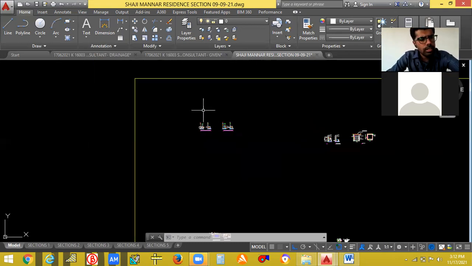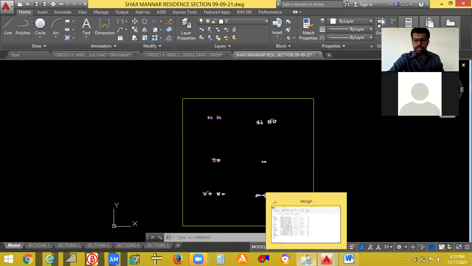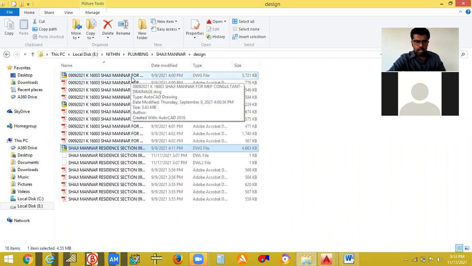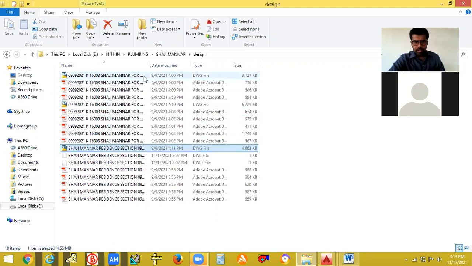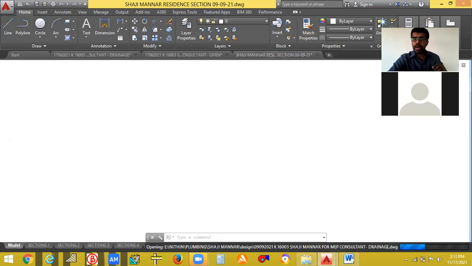Another thing is I have just shown you about the concept only. So if it is in a design way, how it will look like is the same thing only. There is no change in the design, but in the concept drawing we have just drawn only single line, right? But when it comes to the supply and all, or when it comes to the design drawing, the pipe will be like pipe itself. Okay, so I will show you that also. I am showing the design drawing only. Okay.